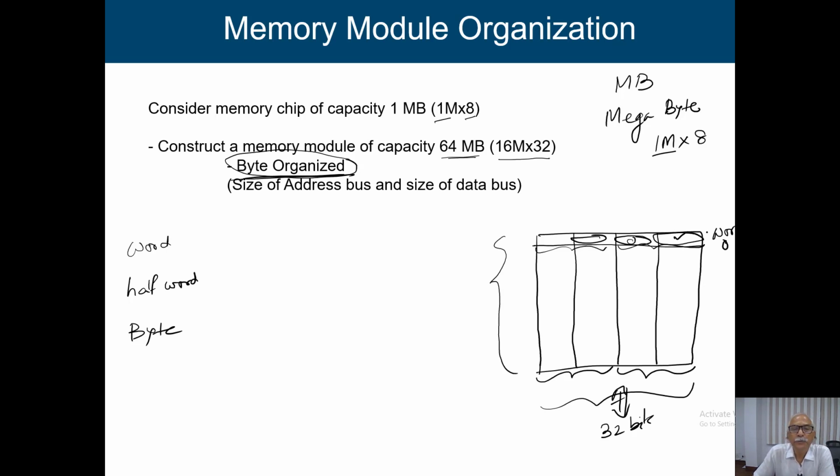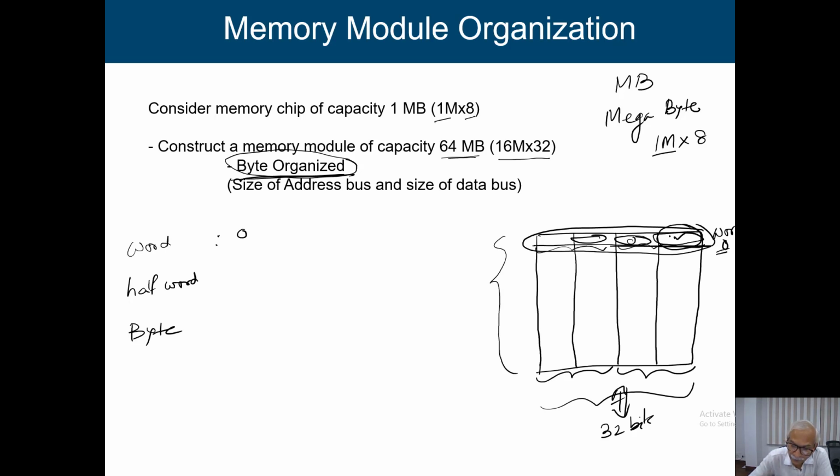Now in this particular case, you just see, when I am giving the address 0, say word address is 0, then I am selecting this particular word. But when I am giving this particular address 0, it may happen that I am going to access only this particular byte. Okay. So if I am giving 0 and I am saying that I am going to access only this particular byte, then somehow I have to indicate it. Second issue is, I am now going to access these 4 bytes. Okay, it is byte organized.